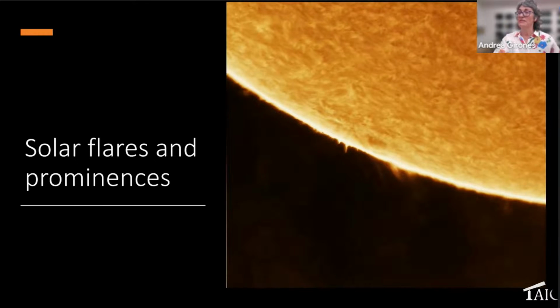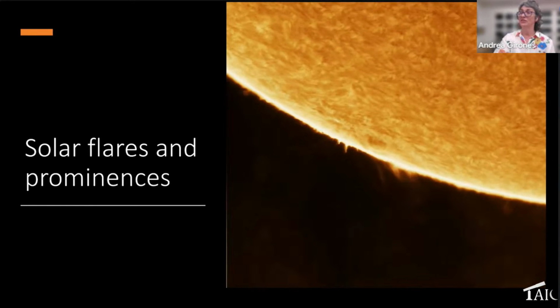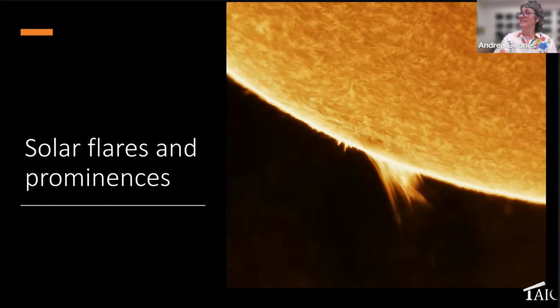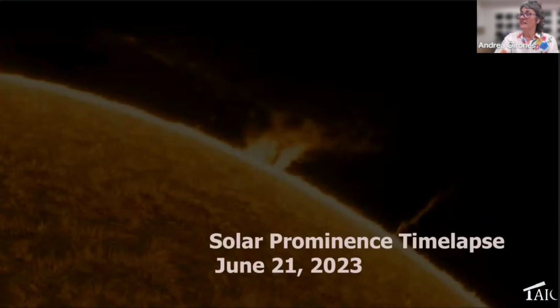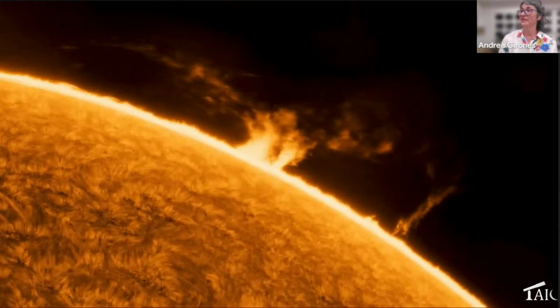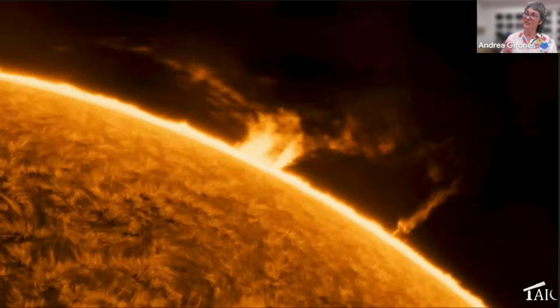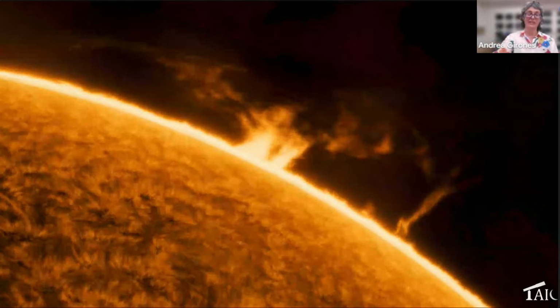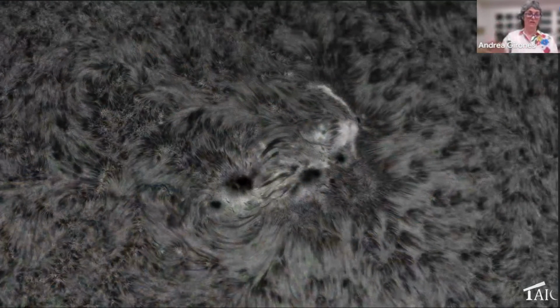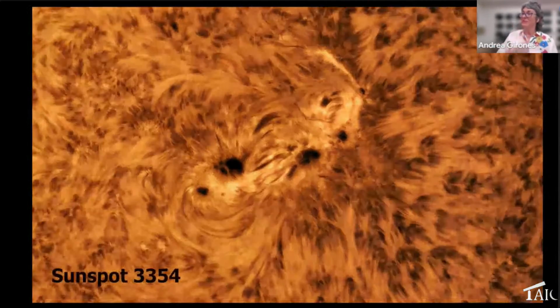And then once you get all zoomed in, you get to see lots of exciting features like the flares and prominences. And this was just a cute little flare that I caught one day by accident. Like I said, you can get the prominences with the Quark chromosphere. This was a time lapse that I did last summer, and not as sharp on the prominences, but still very dramatic and very glowy. The Quark chromosphere does do the best, I find, with the chromosphere. So all those details. This is a close-up of a very complicated sunspot. I was able to do a time lapse of it,